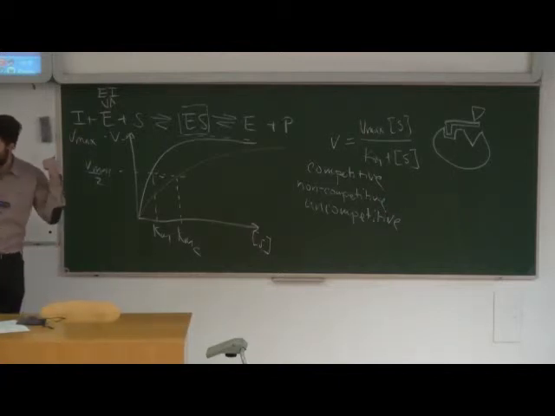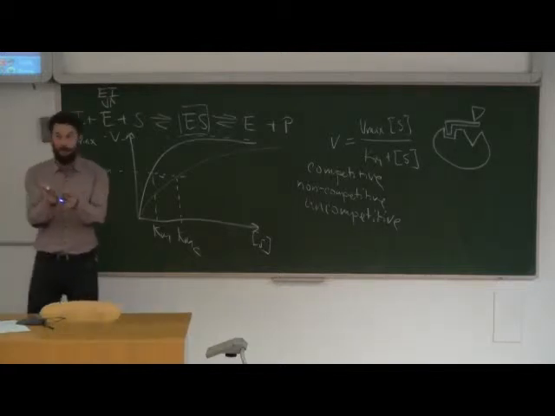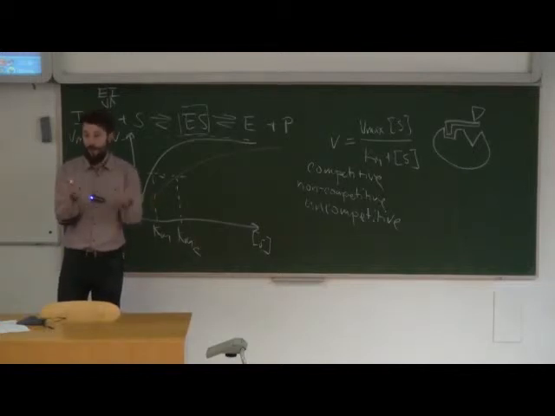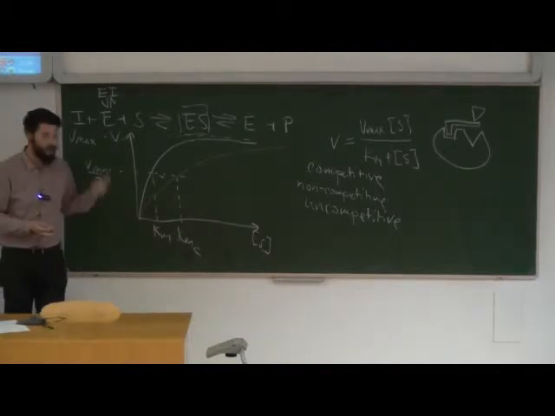So unlike before, when the more substrate we had, the less inhibition we had because they were competing, now they do not compete. So no matter how much substrate we add, some of the molecules will always be inhibited. That's why Vmax is going to go down, because effectively we're removing some of the molecules of enzyme from the reaction. Some of them just do not do anything. Because we said that Vmax depends on the amount of enzyme, it means that Vmax has to go down. Okay, so Vmax goes down.